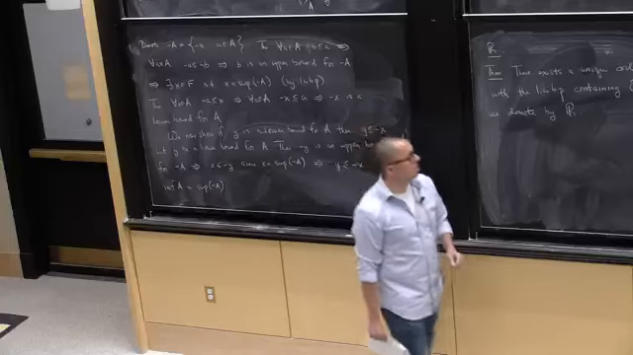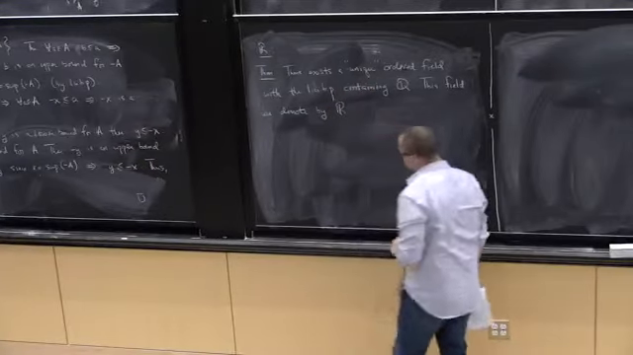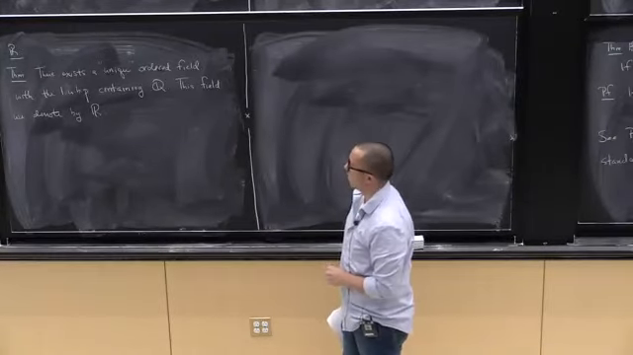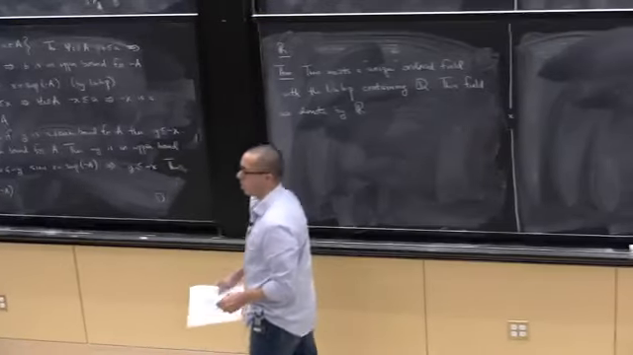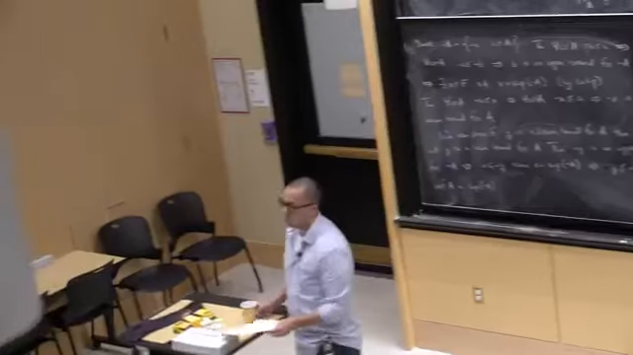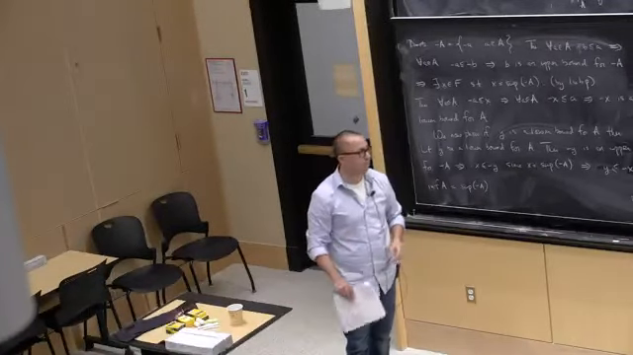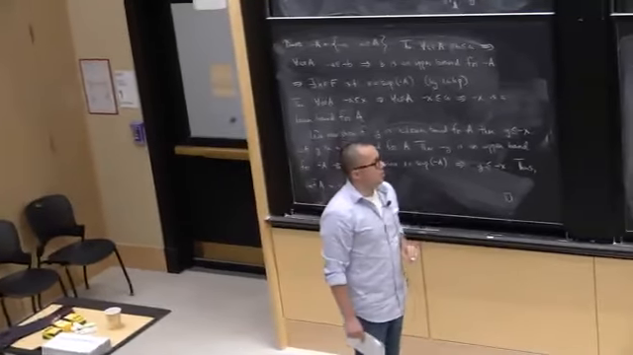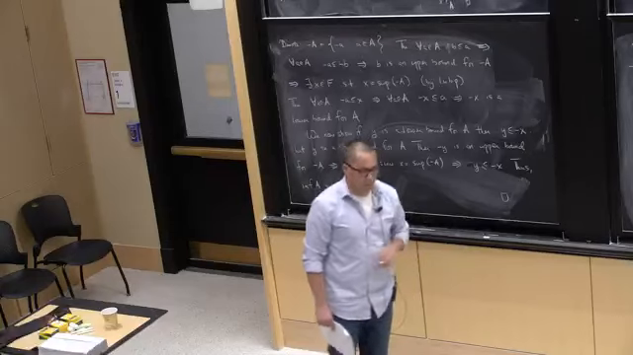This unique should be kind of in quotes, because unique up to what's called isomorphism. Isomorphism is a fancy way of saying what you call apples, I call manzanas, essentially. Okay, so this is what R is. It's the unique ordered field with the least upper bound property containing Q, and